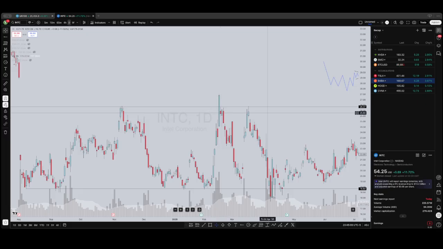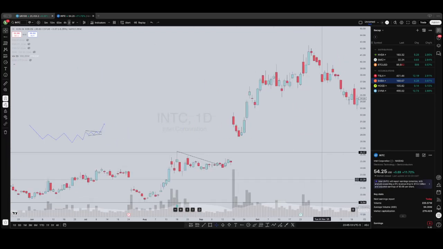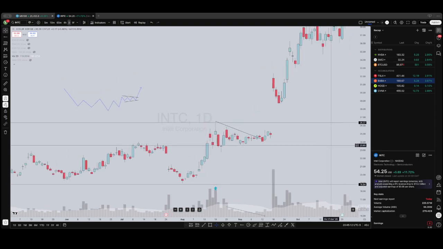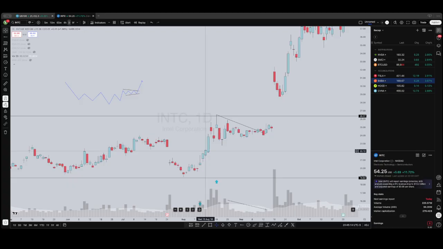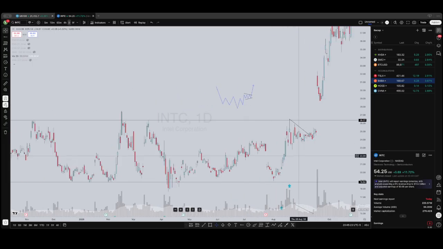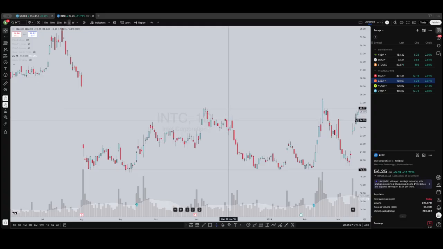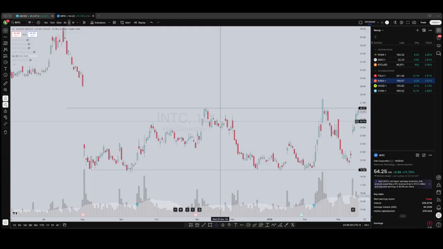Now compare this to something like this. What did price do here? We popped up, got some high volume, and then began to consolidate, and then broke out on that catalyst that we had. Those are completely different charts. This was also a good one here, but this one didn't really have that high of volume, and it just ended up failing, which is part of trading. As we know, things are gonna fail,